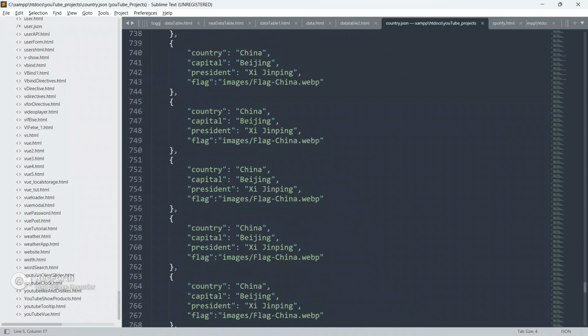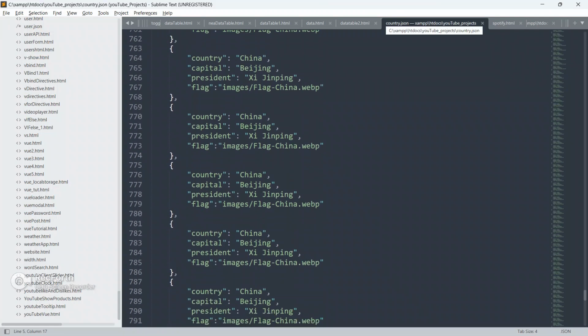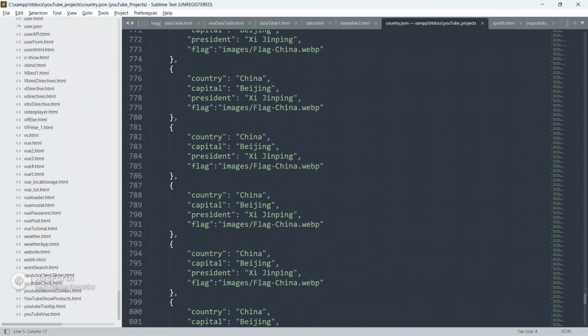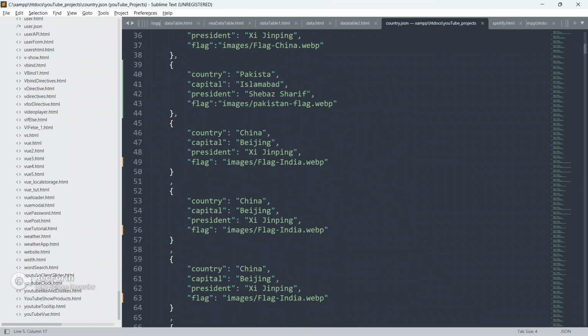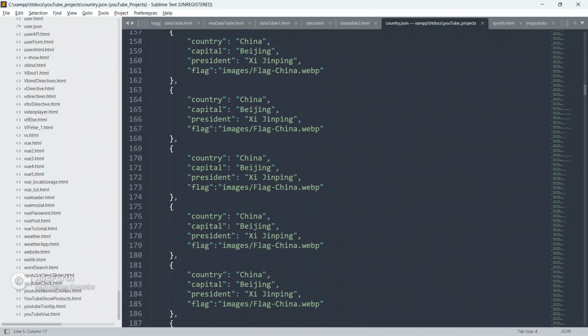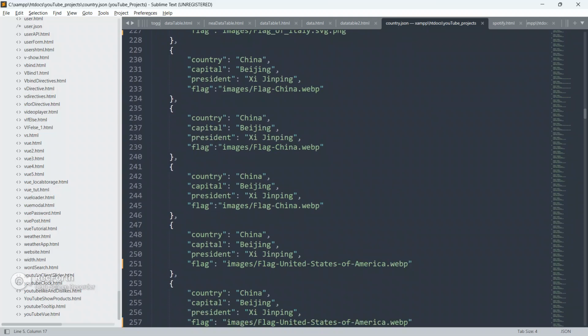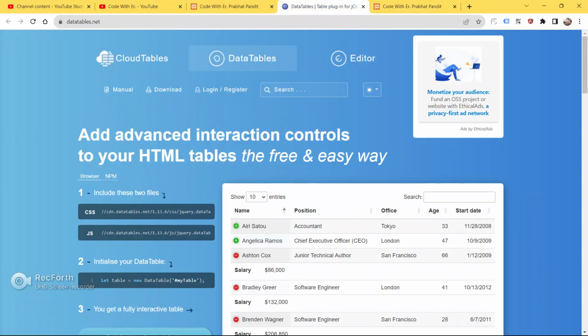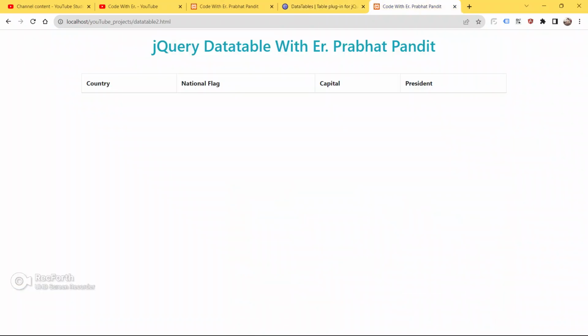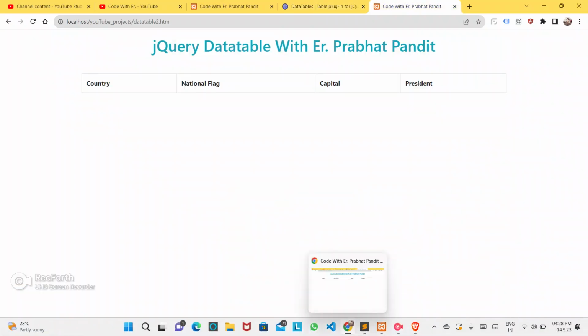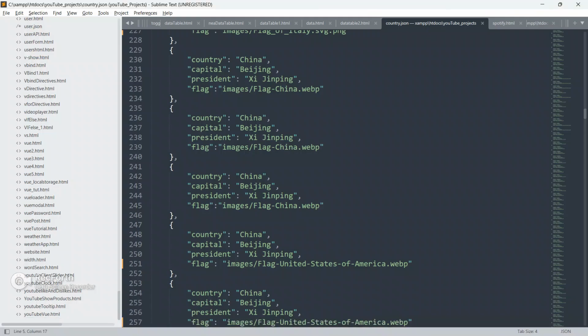Now I have explained much more about this JSON file, country.json. As you can see, this is a huge amount of data, and we would not be able to display it manually in a plain HTML table, but by using jQuery data table, we can easily show this much data in our HTML table so efficiently.